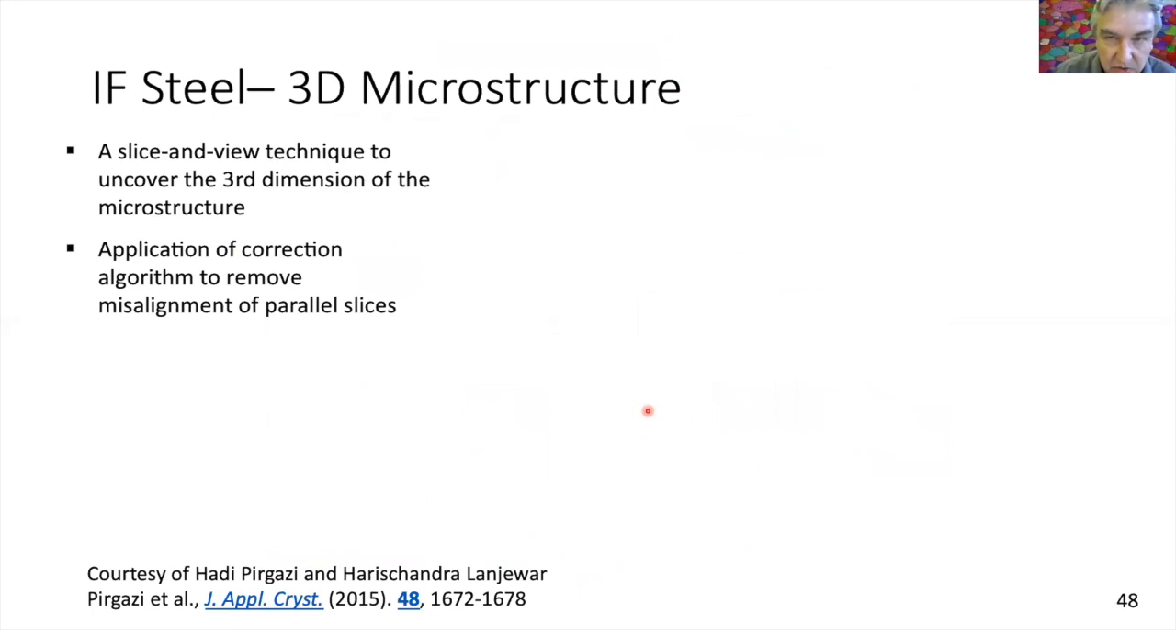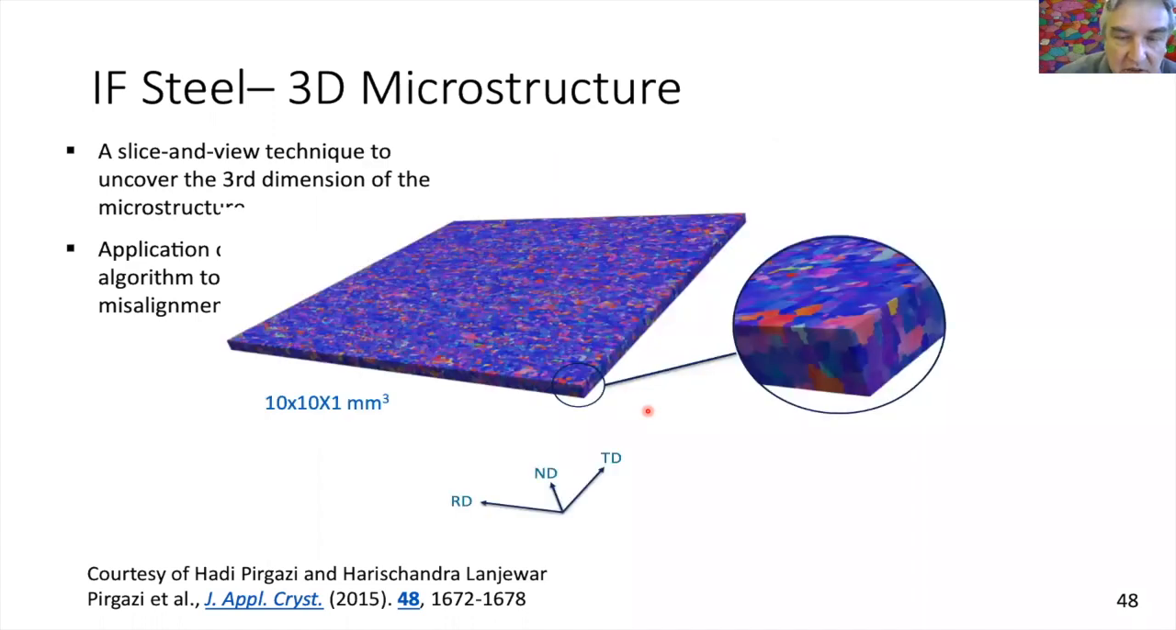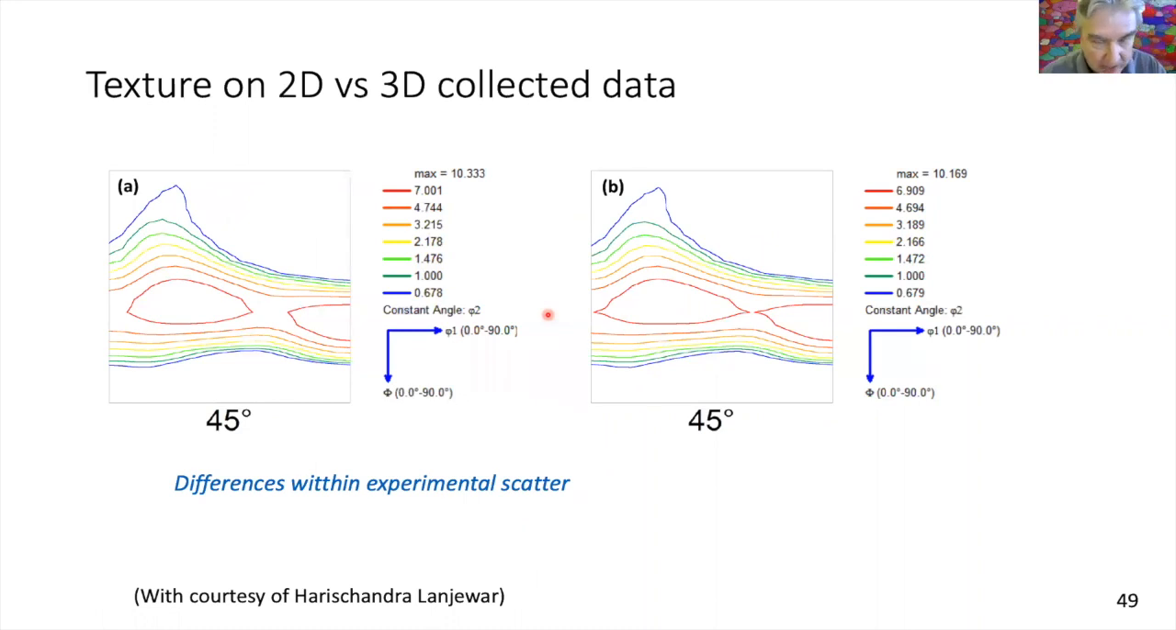Another project, which was run by Hadi Pirgazi and Harishandra Langevar, looked very much in detail at IF steel texture, even in 3D. This is a surface of 10 by 10 millimeter and 1 millimeter thick, which was measured in 3D. I show this data because the good news is that such 3D measurements are very time consuming, and at that scale, wide field 3D measurements, you do not always need it, because if you're just interested in texture,